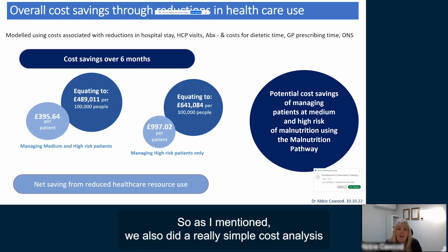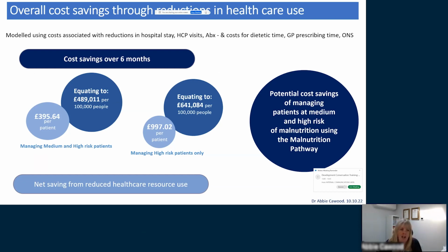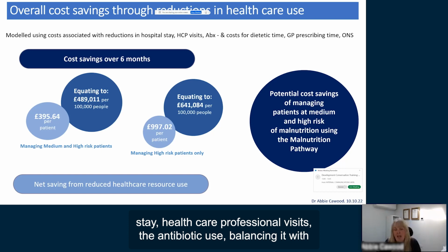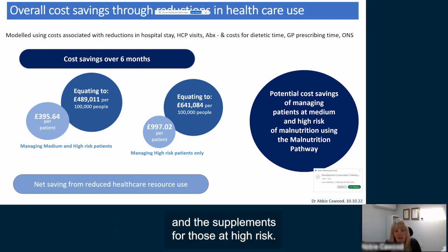So as I mentioned, we also did a really simple cost analysis, and this is some of the figures here on the slide now. So we were able to model up the costs, as I mentioned, to look at a per patient saving. And these were done if we look at the reductions in hospital stay, healthcare professional visits, the antibiotic use, balancing it with the cost of the dietetic time, the GP time, and the supplements for those at